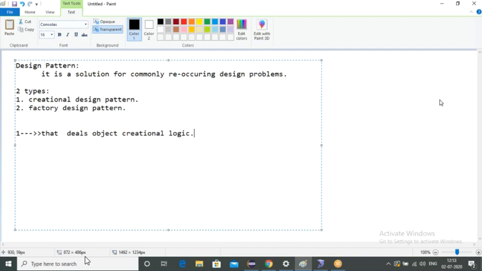Okay, write on the next line: there are two different types of design patterns, which are as follows.